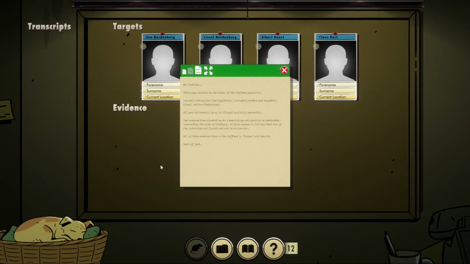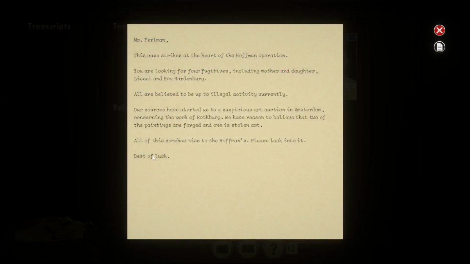There's so much. Mr. Perlman. This case strikes at the heart of the Hoffman operation. You are looking for 4 fugitives, including mother and daughter. Liesel and Eva. Eva, that's from a previous one. Hardenberg. That was a friend. Or the note with the things in the background. Looking for Liesel and Eva